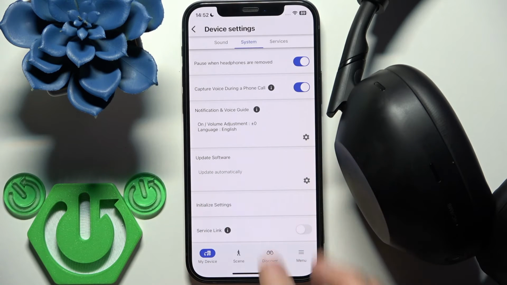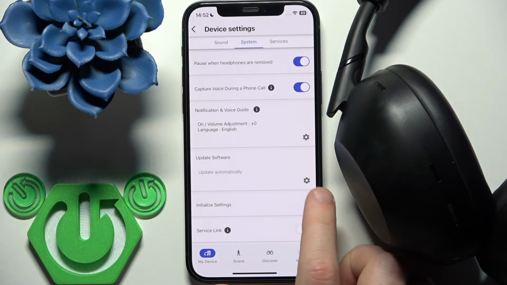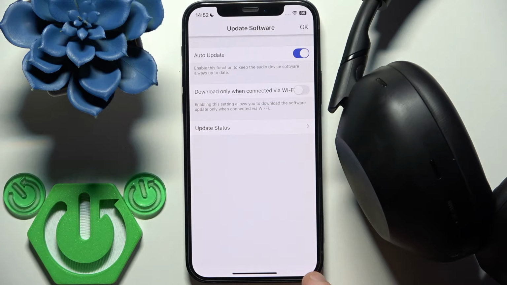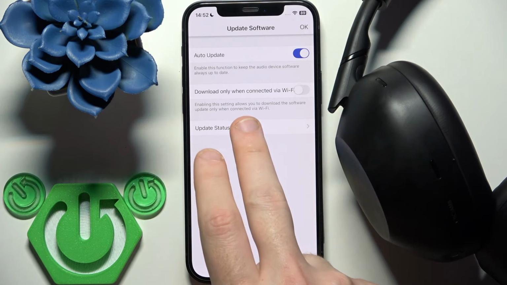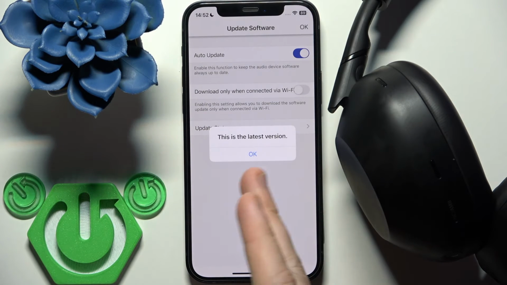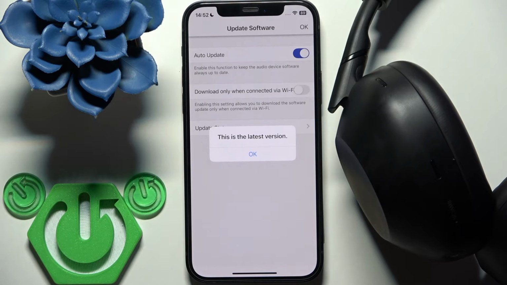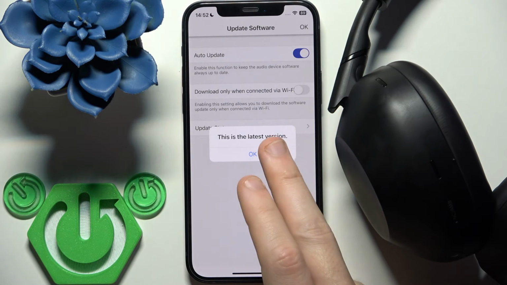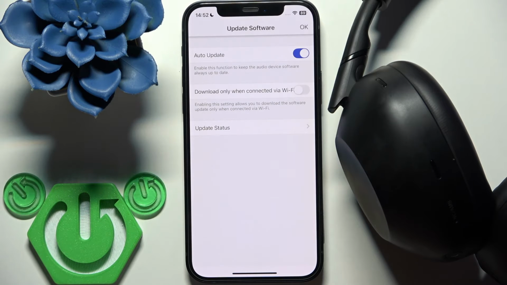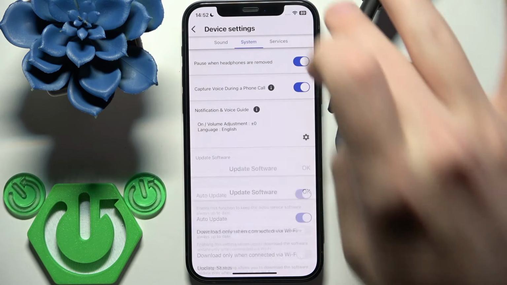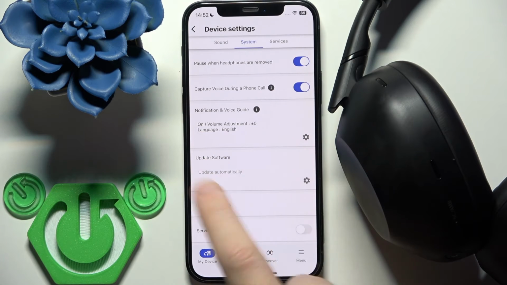Right here we have update software. Click the settings icon, and I also recommend clicking update status, and it checks and says that I have the last software version. If you haven't, I recommend installing a new one, and it can fix this problem. But if it doesn't, or you haven't a new software version like me, click OK, and then right here in the